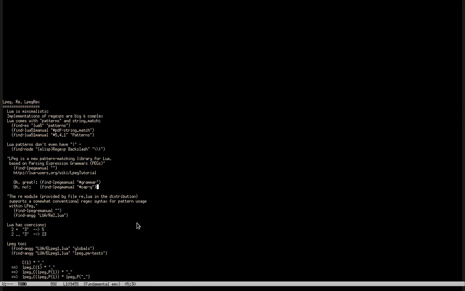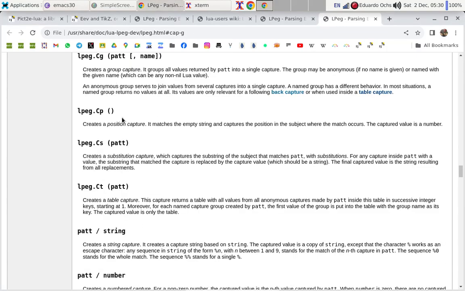And the manual also has some things that I thought, oh no, I don't have any idea of what this thing does. In fact, I saw these things for the first time more than 10 years ago, and they only started to make sense 1 year ago. One example is group captures.